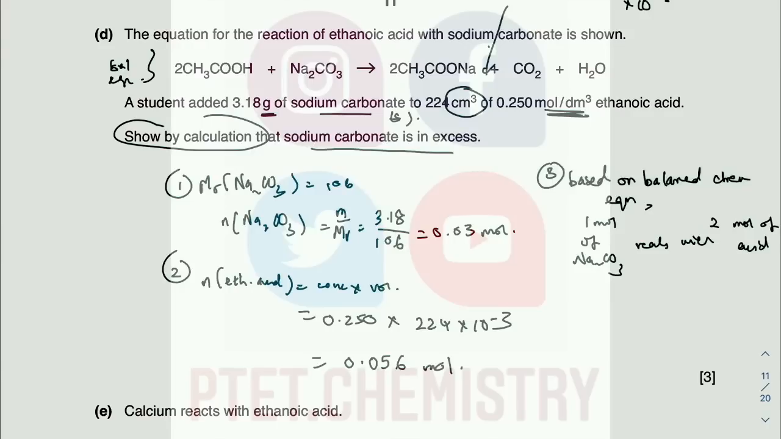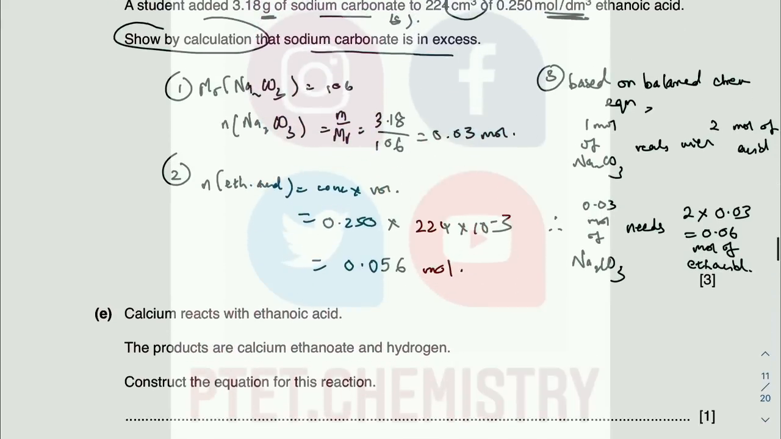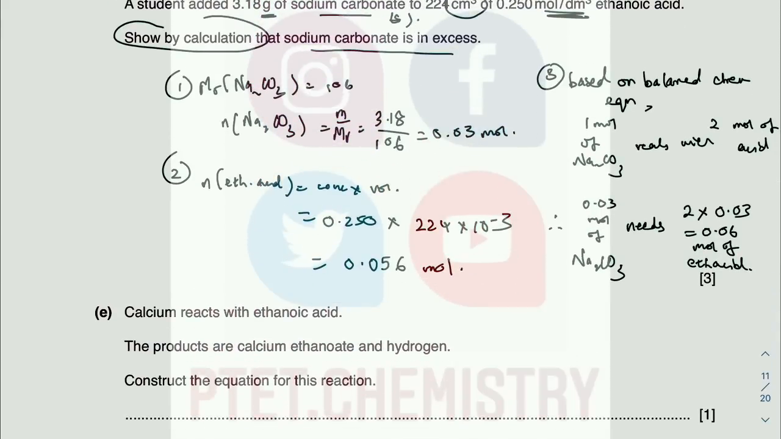How much sodium carbonate do you have? You will have 0.03 mole, therefore 0.03 mole of sodium carbonate needs 2 times 0.03, which is 0.06 mole of ethanoic acid. What does it mean? It means that if you have 0.03 mole of this, I need 2 times this much, which is 0.06. But guess what? I only have this much. Since not enough